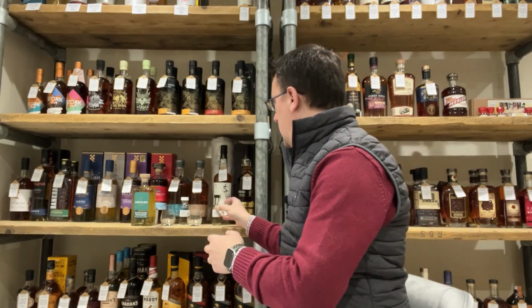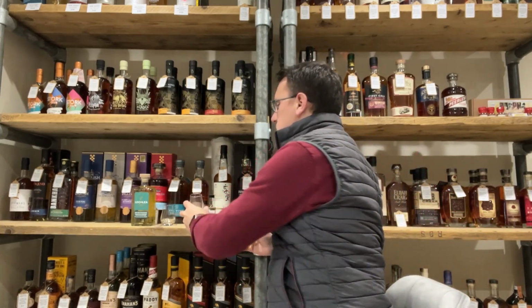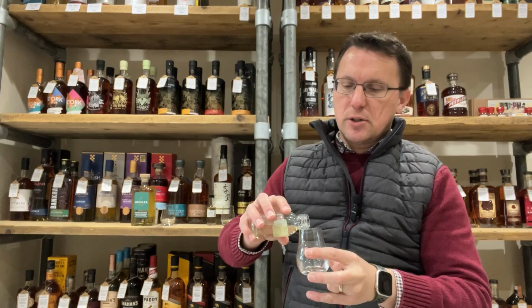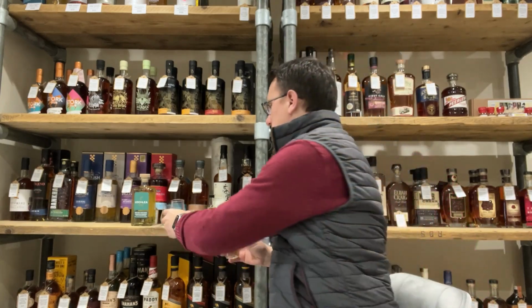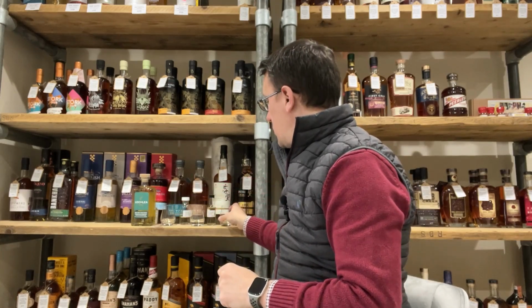So I'm going to try and leave a little bit, because as you can see, I don't have much left of these. And they've been pretty well sealed. So I'm confident that we're not going to lose much in terms of them being decanted into miniatures and everything like that, and losing any particular complexity through evaporation or what have you. So let's move on to the second crop. And I'm going to try and leave a little bit so that we can go back to them when we get to the third. So the second crop,